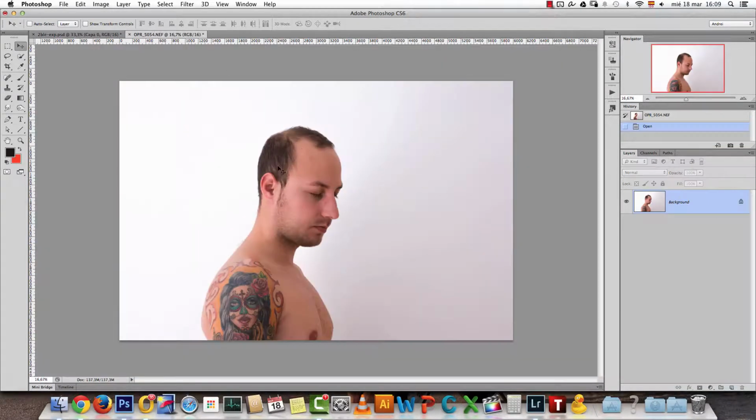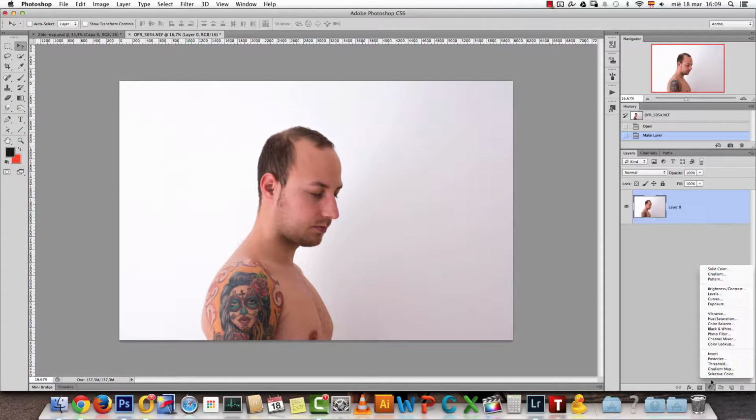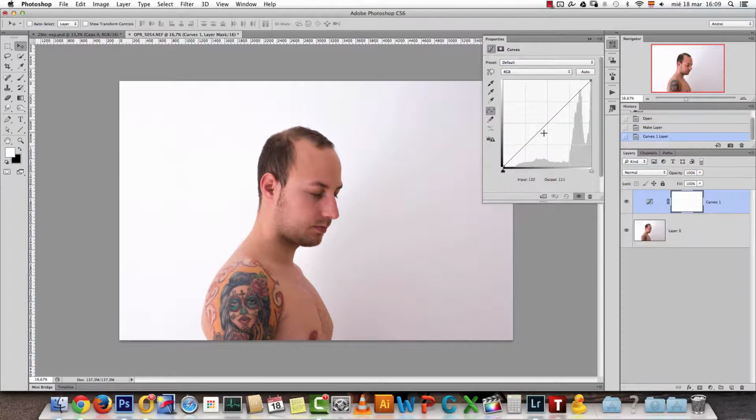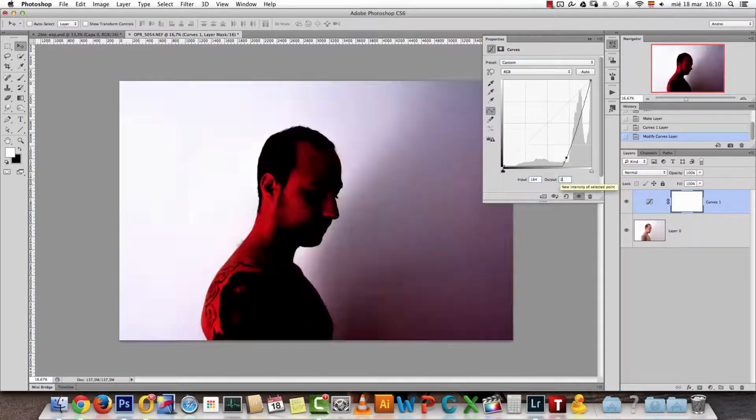As I said, this is not exactly how I want it to be, so the first thing I want to do is unlock this. I'll press and hold the Alt key and double click on the layer to convert it into a normal layer, and I'll add a curves adjustment. I'll give you the values that I have for this. I just added one single point, and the values are 184 for the input, and then for the output is 250.